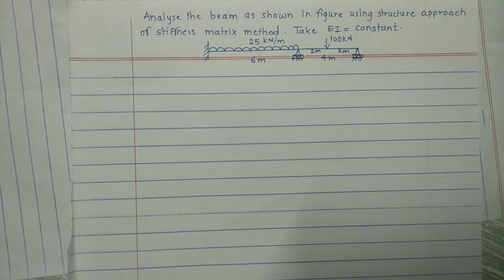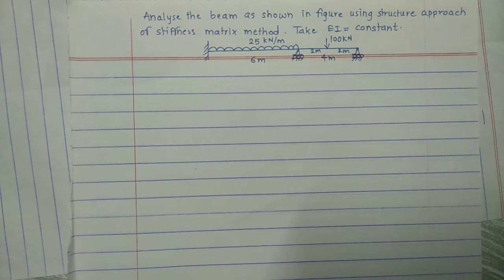In the previous video we discussed the structural approach of the sequence matrix method for continuous beams. In that we also discussed the steps, that is the solution procedure using the structural approach for beams, and we have seen the compatibility equation AD equals ADL plus A into B and the meaning of each term. Now today in this video we will solve one basic problem of a continuous beam using the structural approach.